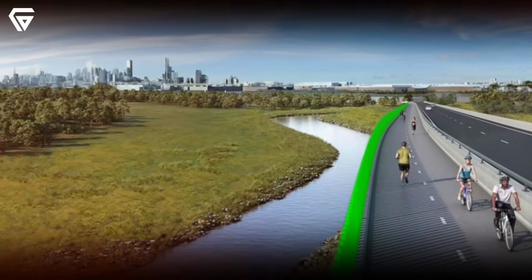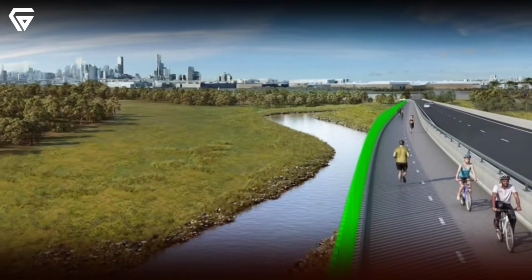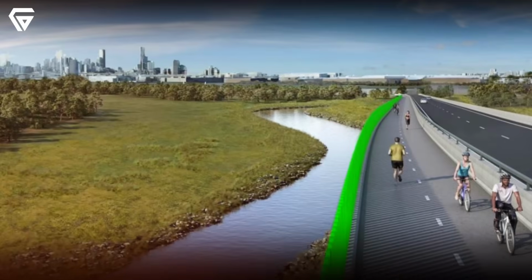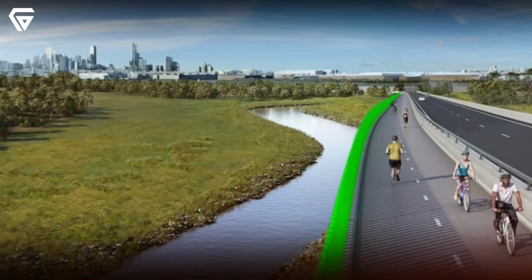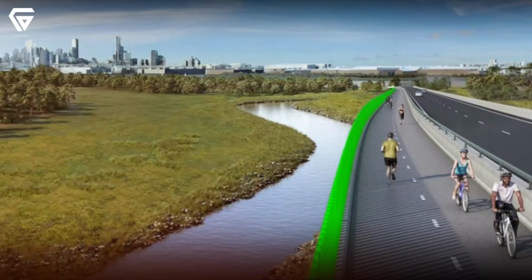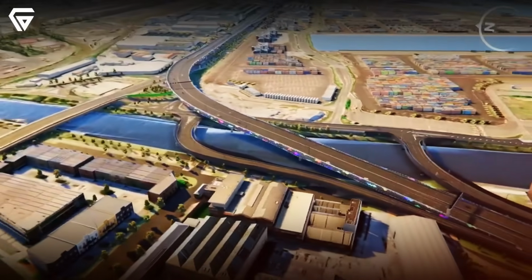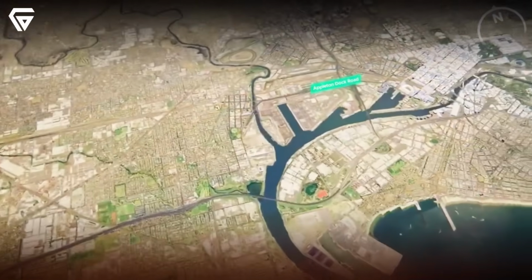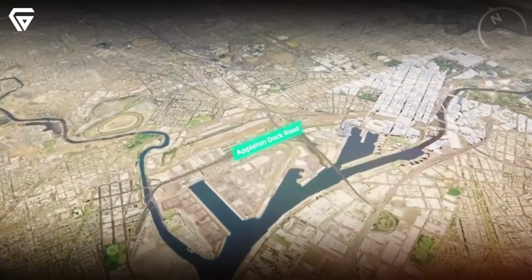The West Gate Tunnel will need to meet the highest standards of safety before it is open to the public, and this testing phase will ensure all systems are working as expected. It's a crucial step before Melburnians can finally drive through the tunnels with confidence, knowing that every safety measure has been thoroughly checked. Finally, the project will focus on making the final connections to major routes such as Footscray Road,